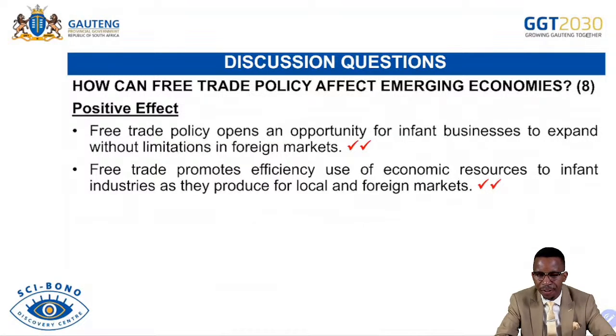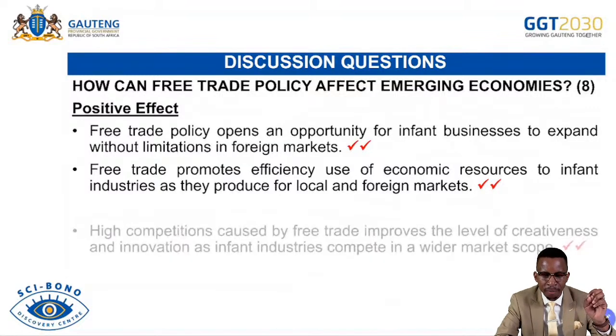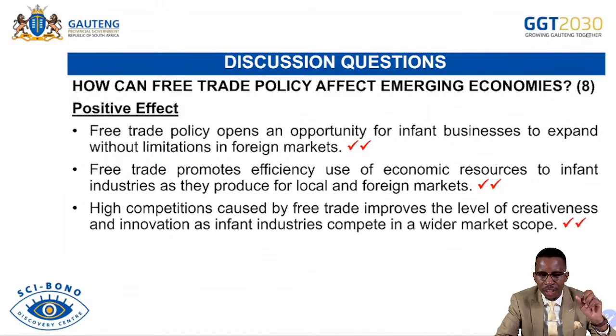Free trade promotes efficient use of economic resources by infant industries as they produce for local and foreign markets. So they will be using their resources efficiently because they are producing for both local and foreign markets. And then high competition caused by free trade improves the level of creativeness and innovation as infant industries compete in a wider market scope. So they will be very innovative and creative because they're competing with a variety of businesses